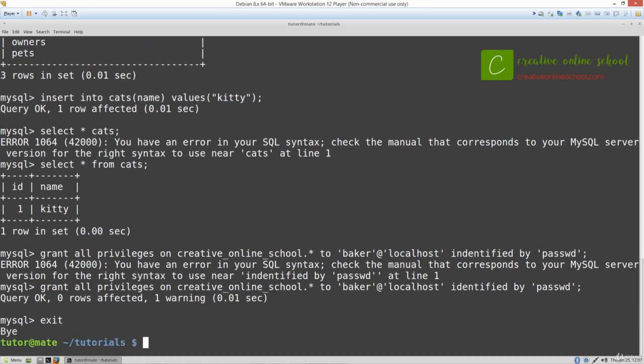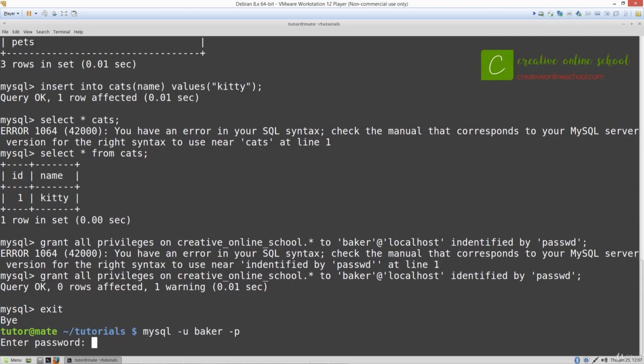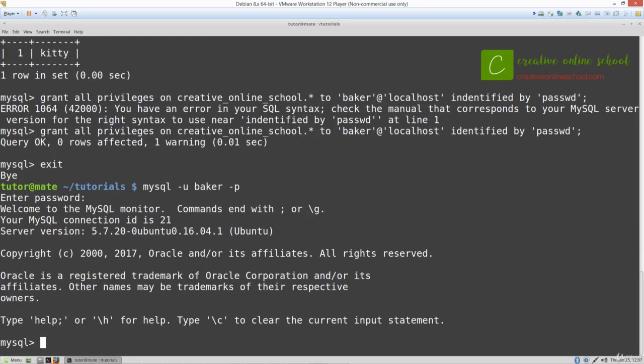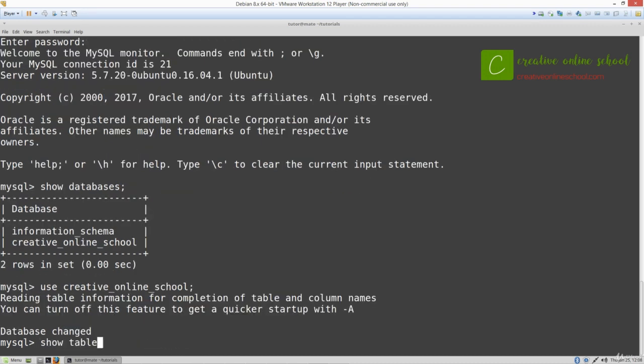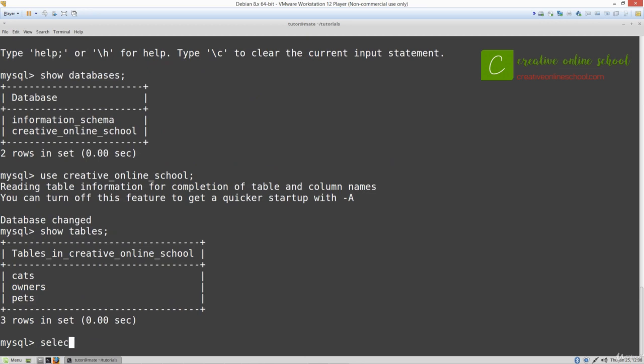So we can actually exit and log in as Baker now, using password PASSWD, use creative. So the first thing actually I should show you is show databases. If you noticed, we have fewer databases here because we are only granted access to the Creative Online School database. So we're going to use Creative Online School, then show tables. So you can see that we can do whatever we want here inside of the tables